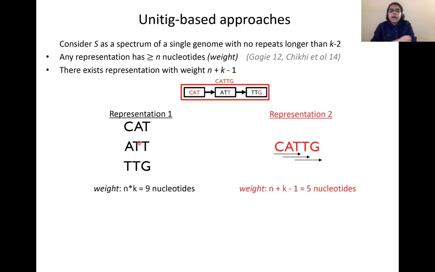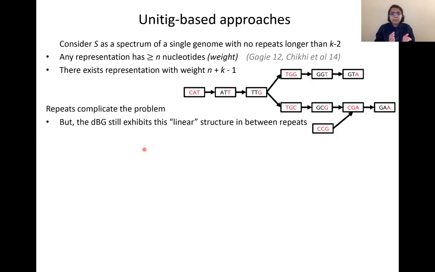Okay, and the interesting thing about this representation is that every k-mer from this set appears as a substring in this red representation, and also any substring of length k from this red representation is going to be in the original k-mer set. Okay, but that is a very simple example, and in practice you often see a more complicated example like this